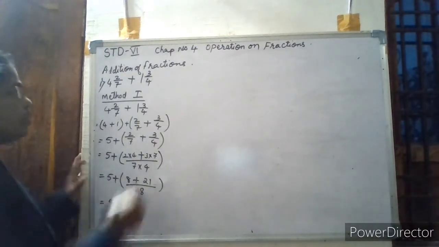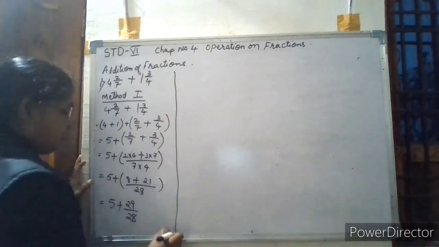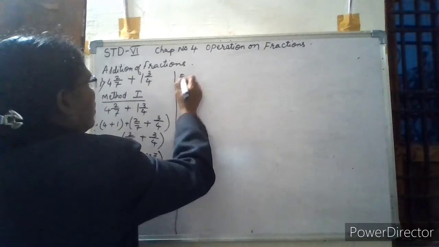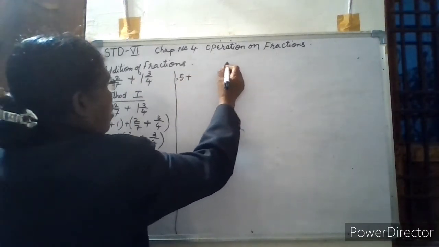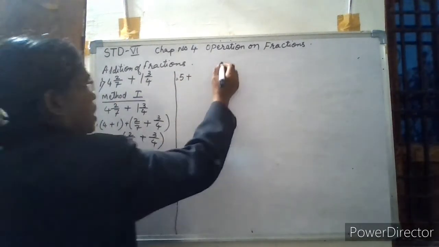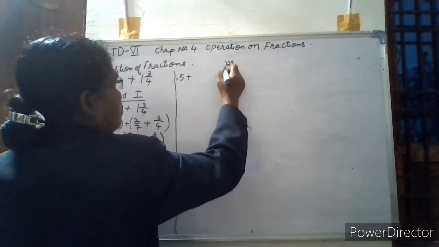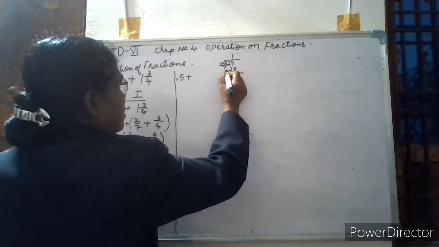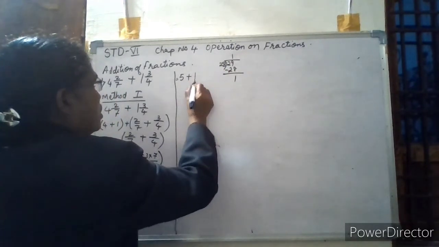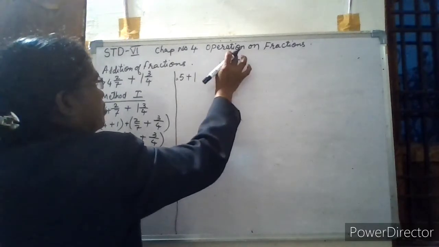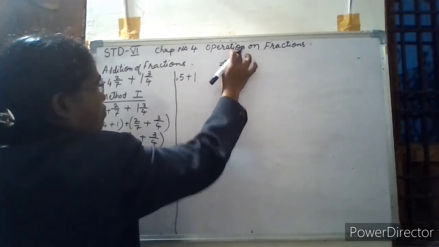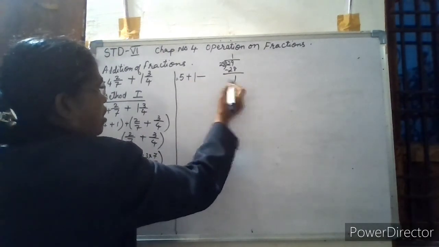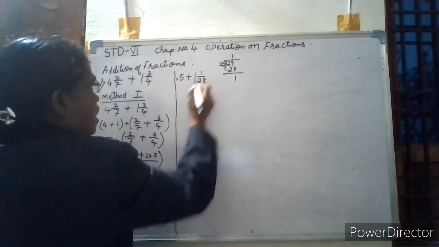It can be converted into a mixed number. How? That is by division. Equal to 5 plus, now it is 29/28. So 29 you divide by 28. 28 1s are 28, minus, 1 is the remainder. So it is 1, this is the coefficient, then put the fraction bar, remainder 1 by 28 only.